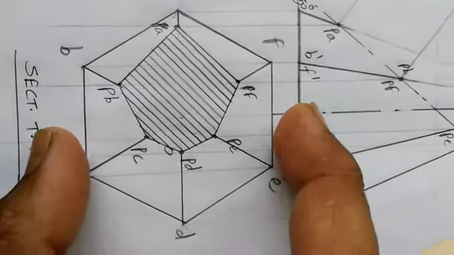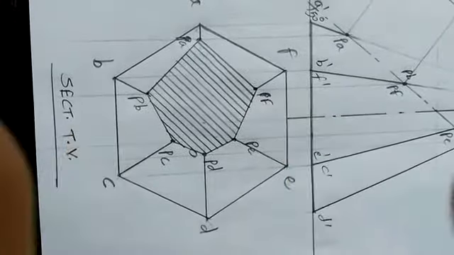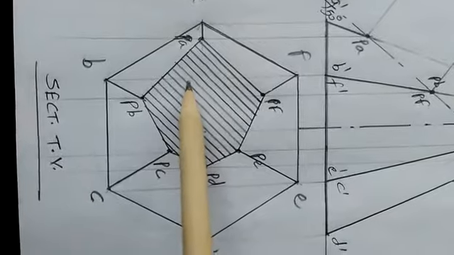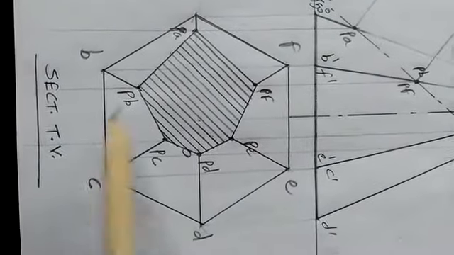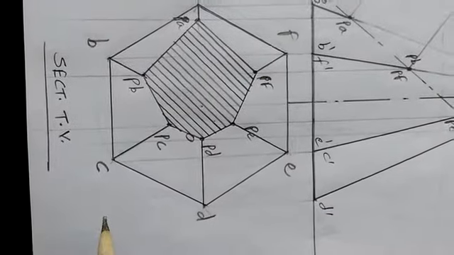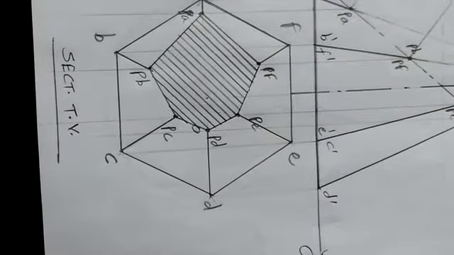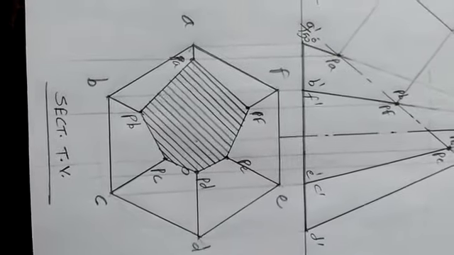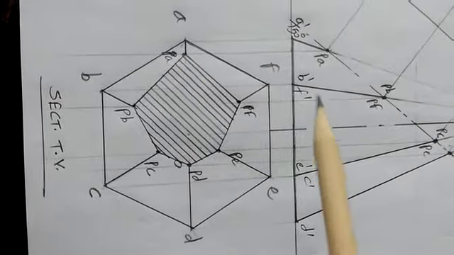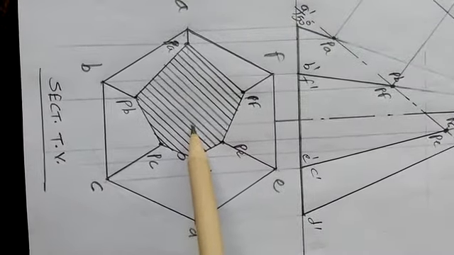In this way, first figure, that is regular hexagon, one has to construct on that principal plane on which it is going to rest, that is horizontal plane. So accordingly, I have constructed this regular hexagon with two of its base edges, that is BC and EF, parallel to VP, that is parallel to HRL. Okay, so in this way, first figure, that is regular hexagon, one has to construct, naming A, B, C, D, E, F, and initially apex will be mentioned here O. It was here.